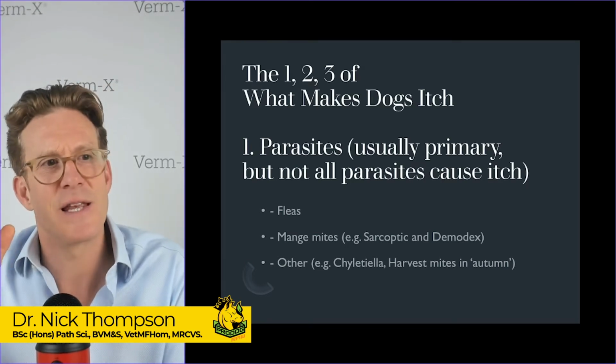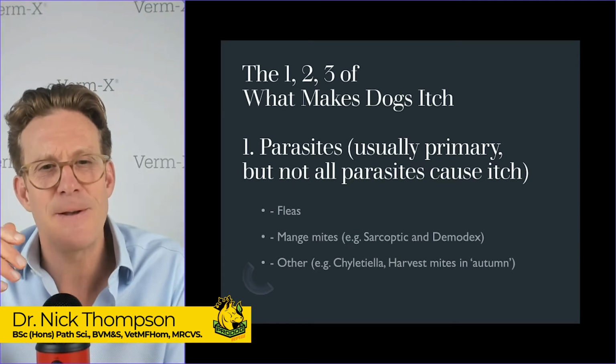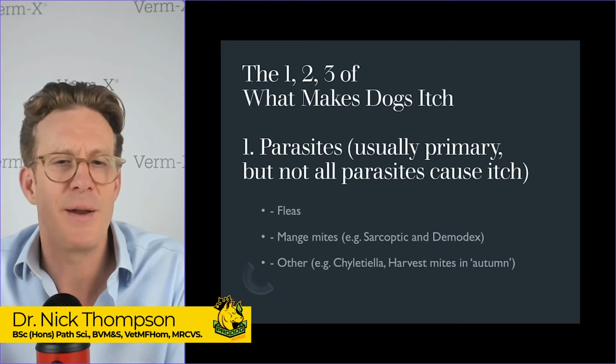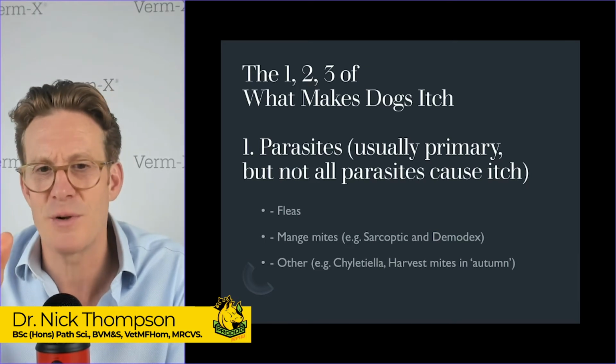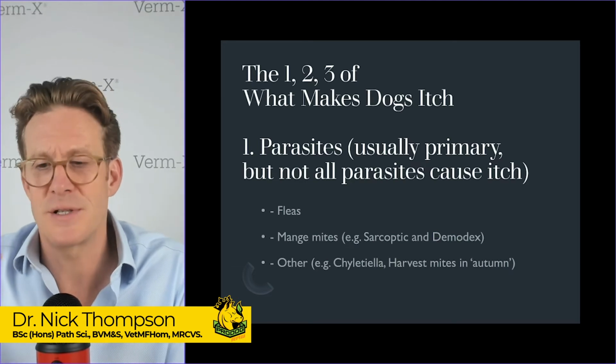Cheyletiella is this thing called walking dandruff, which you can see occasionally, but your vets will be able to help you with that. And to be honest, most of the flea treatment will knock out Cheyletiella. Okay, so number 1, parasites. Number 2,